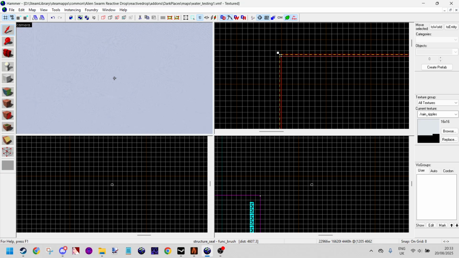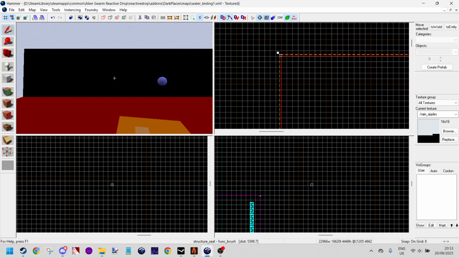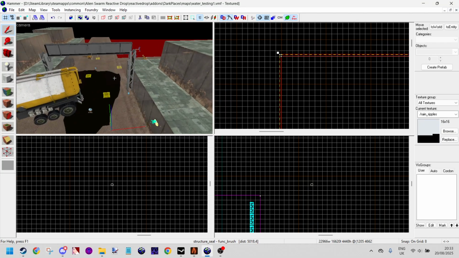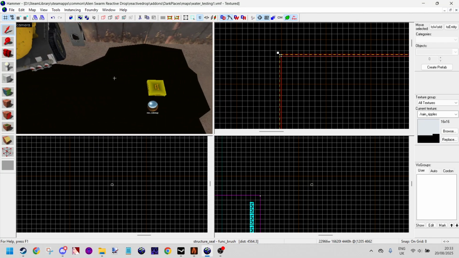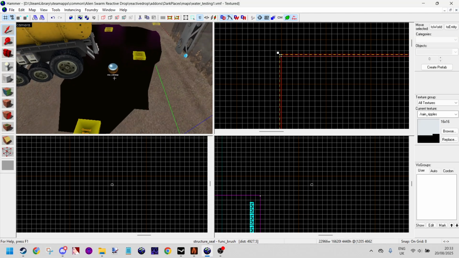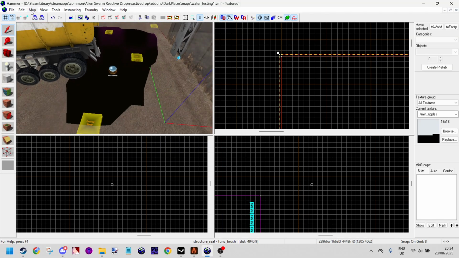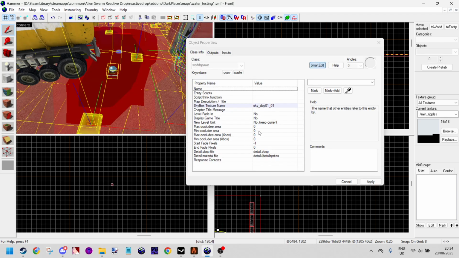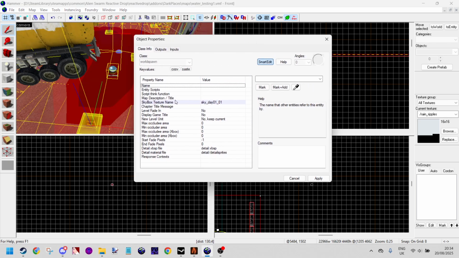to make sure that you've put a skybox in, skybox texture on everything above the map. So obviously you're never going to see that. You might see it in the reflection of the puddles, so that's just something to be aware of. If you want to change the sky reflection that you're going to see, you can actually come here into map and then go into the map properties, and you can see there's an option here that says skybox texture,